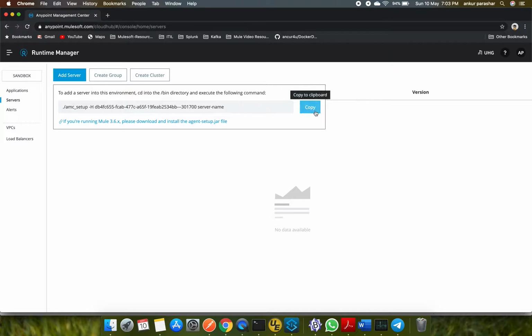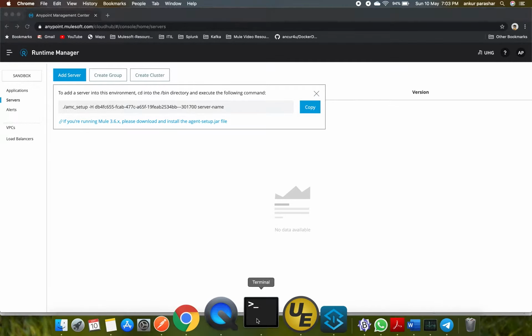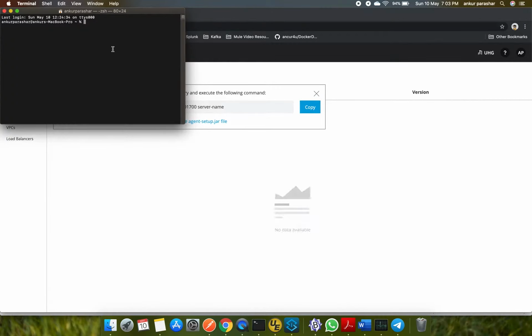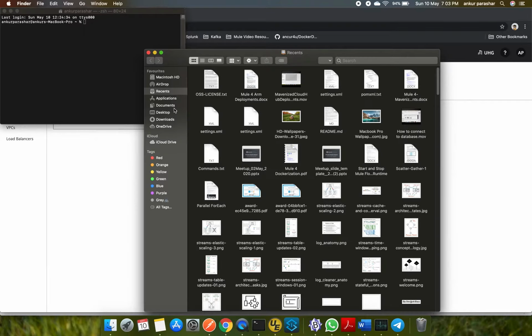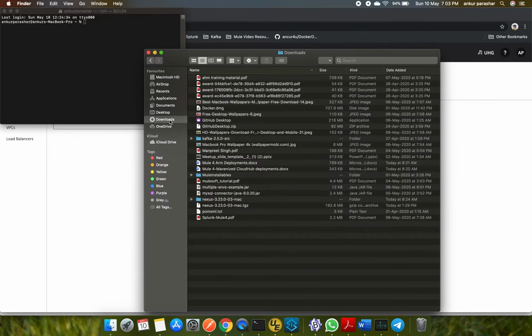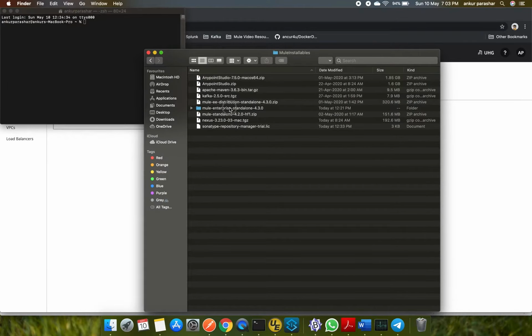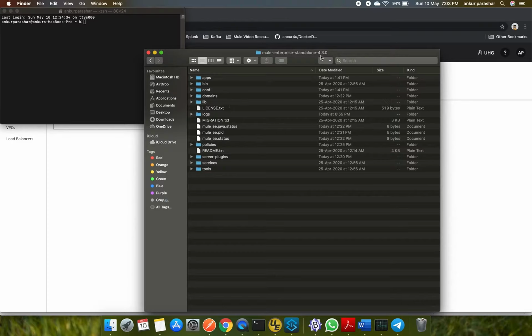As soon as you click on Add Server, this particular command gets populated. It asks you to copy, so we will go for copy, and I will open up the terminal. I have already downloaded the Mule 4.3.0 runtime in my downloads section. So I will be using the same path, that is 4.3.0.